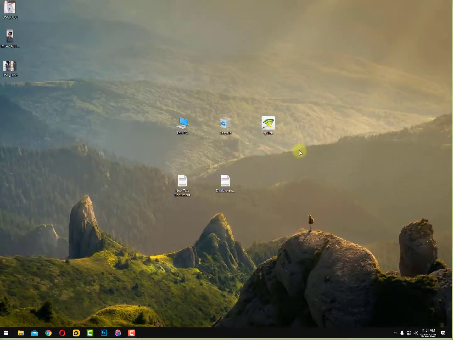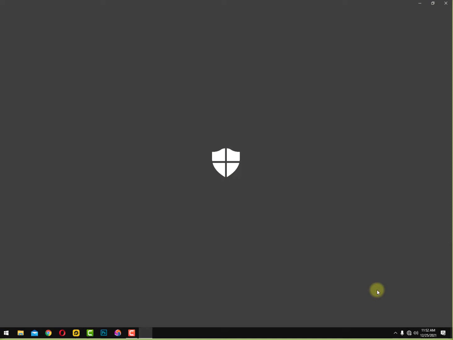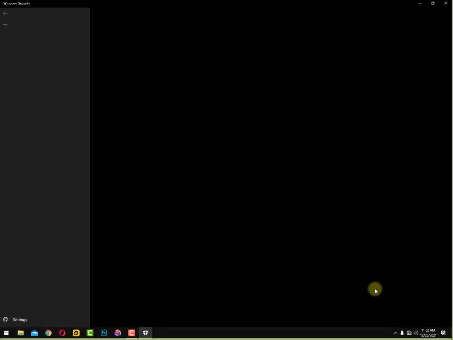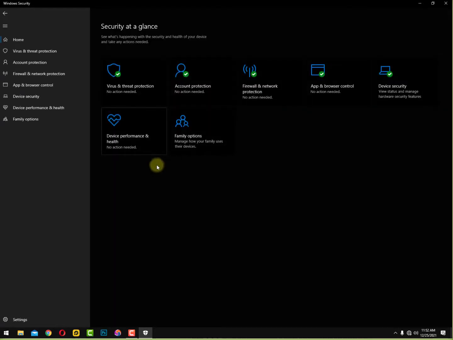Okay, now the last step is to open the Windows Security, and if you don't have Windows Security, or for some reason you uninstalled Windows Security, you can download any antivirus. I will recommend one in the description, just check out the description. Malwarebytes is the best software for you, and it's free. You can just download it and scan your PC easily. It will show you all the viruses after scanning your PC, and that's it, you can delete them all.